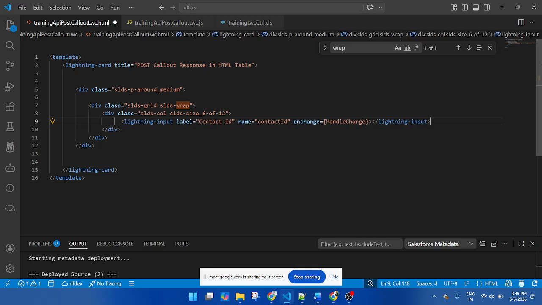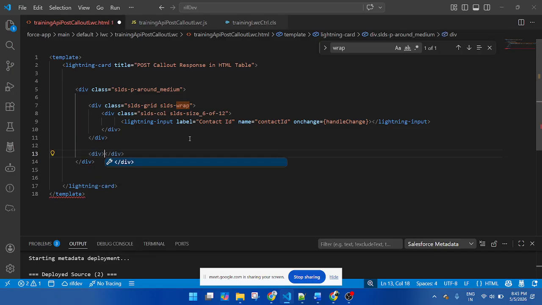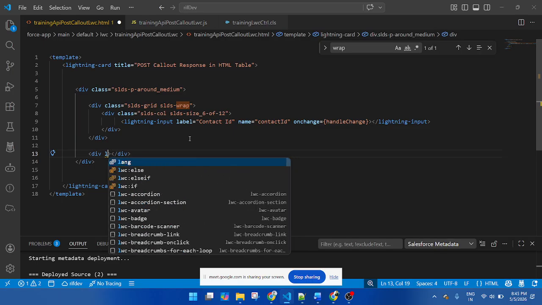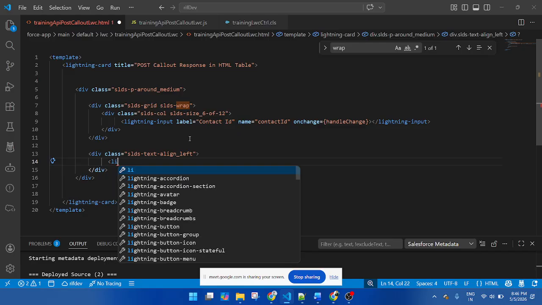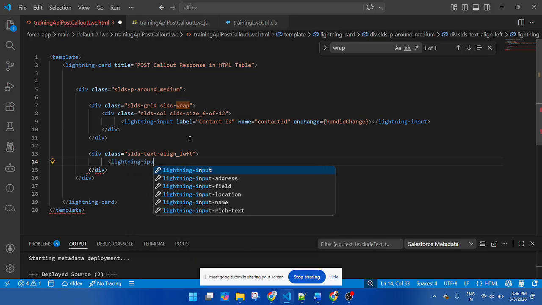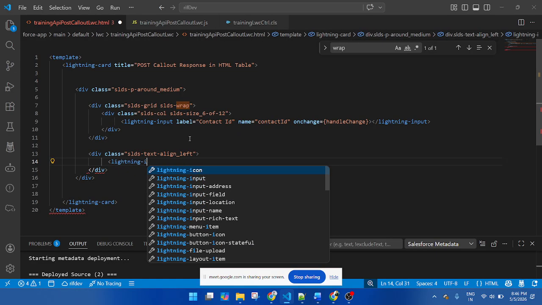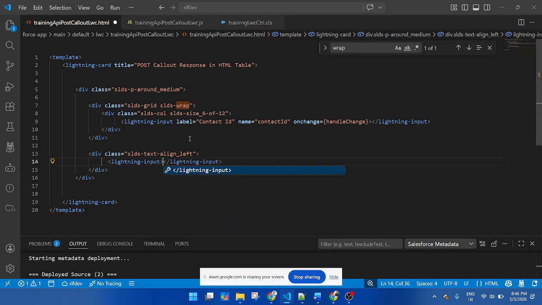Okay, after this one, here I will create another div, SLDS text align left. Here I am creating a button.